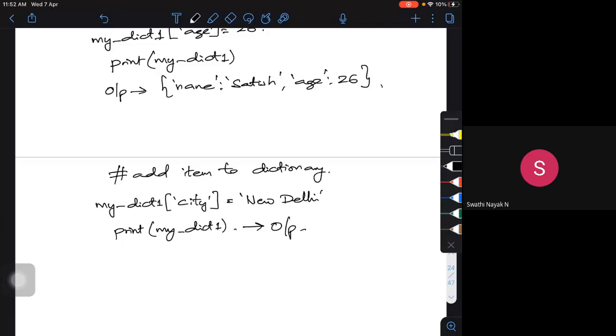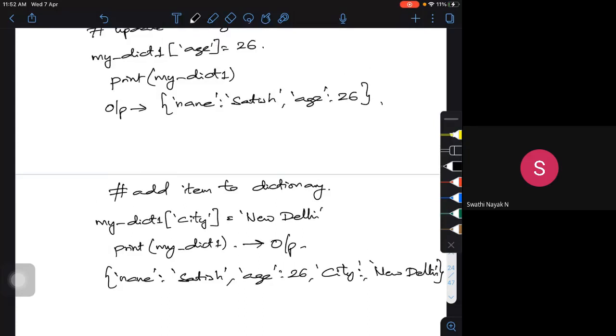The output will be name Satish, age 26, followed by the city New Delhi, which earlier was not there, and now this got added.